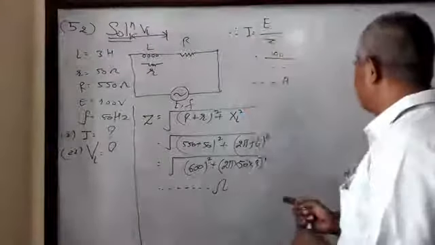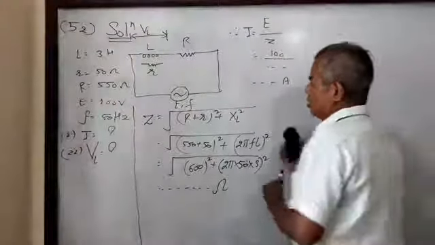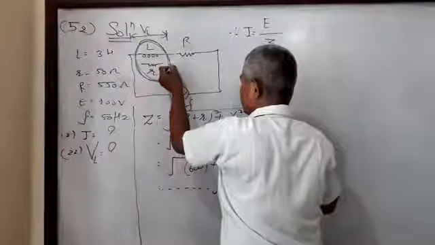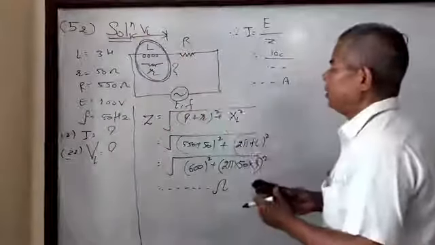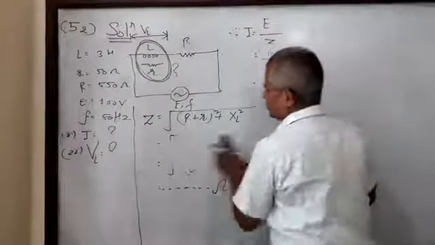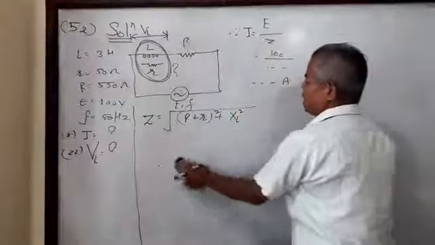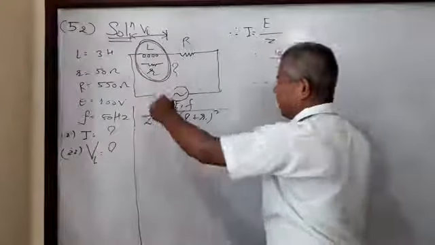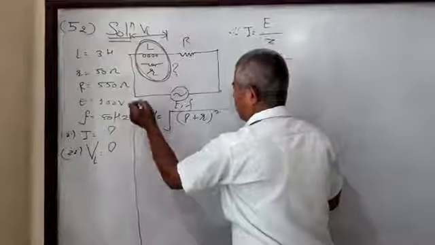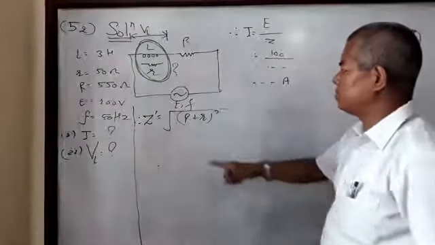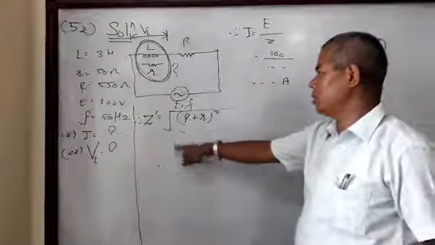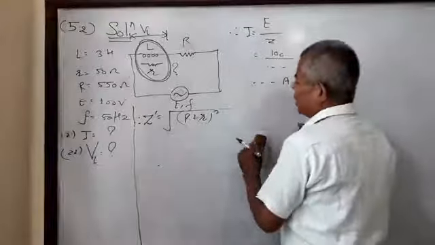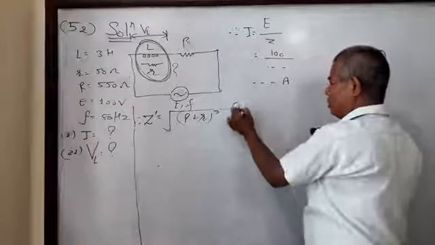Now the second part, we have to find the voltage across the inductor. Means VL is equal to what? This is the voltage across the inductor, means across this coil. In the question we need VL. Then the new impedance Z dash is equal to... This is the impedance of the inductor only. Z dash is equal to root of R plus r whole square. No, this is for the inductor only.